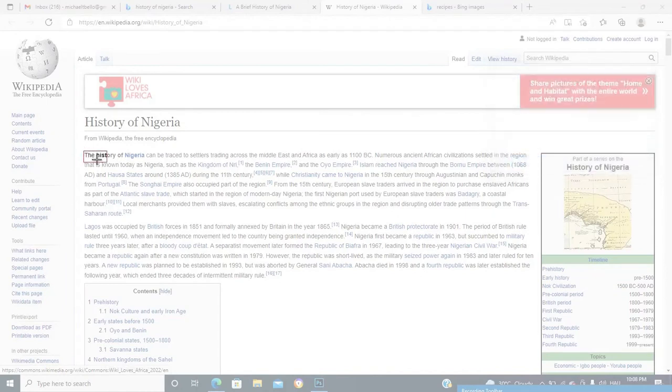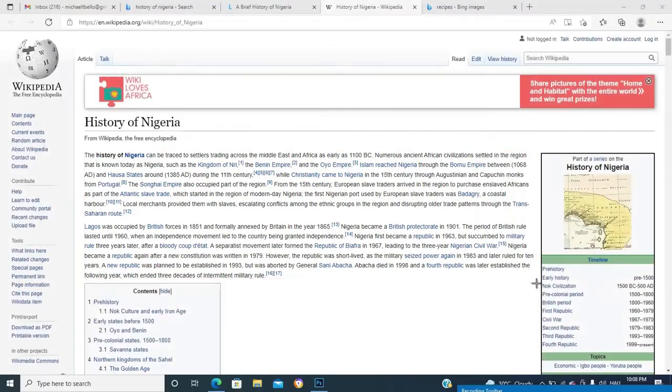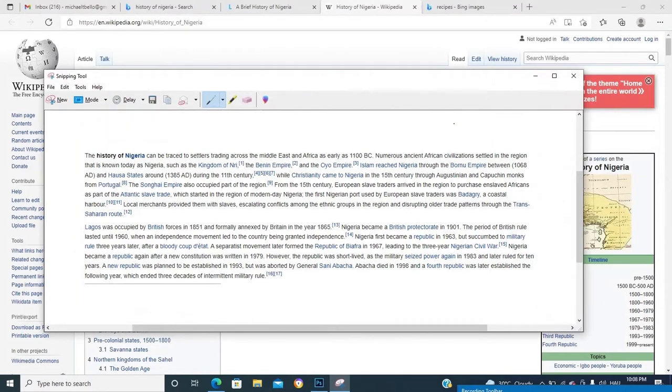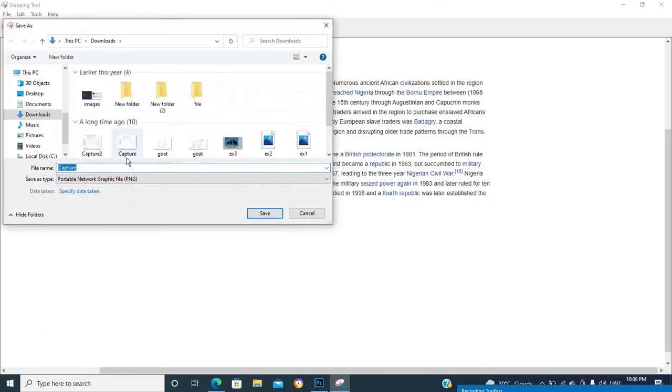Now it will allow me to map whatever I want to map. Then it has now cut this. Okay, and this can now be saved to the disk, saved to my computer. I'm saving to a download,